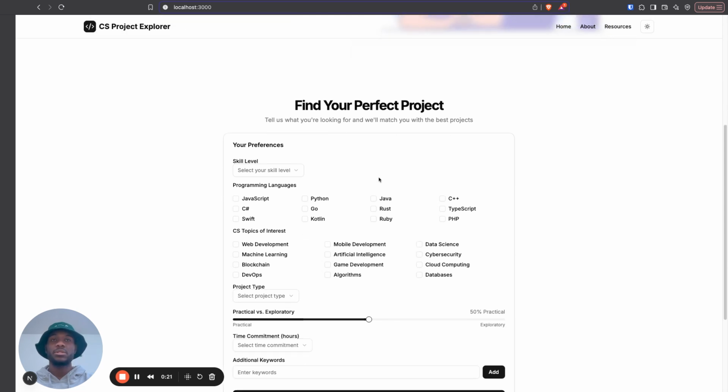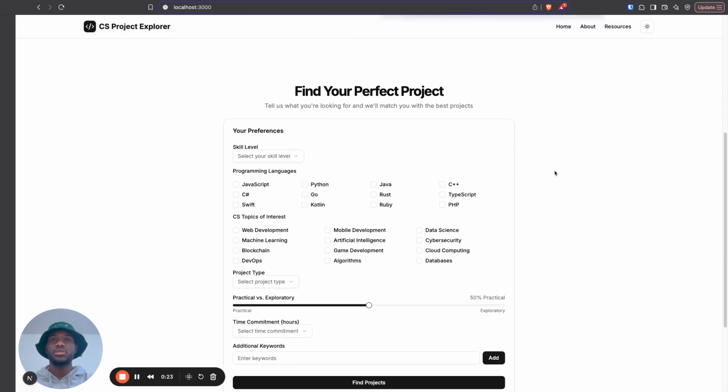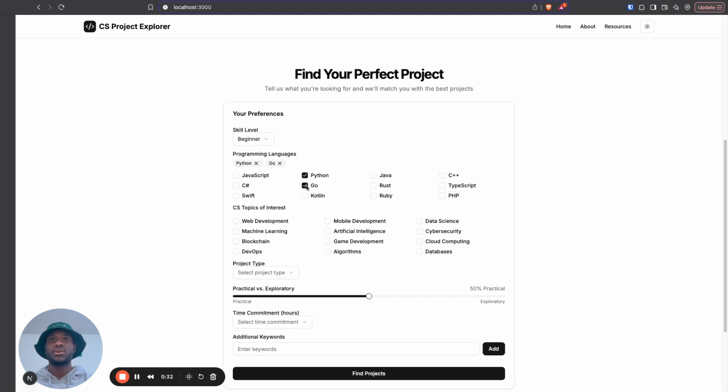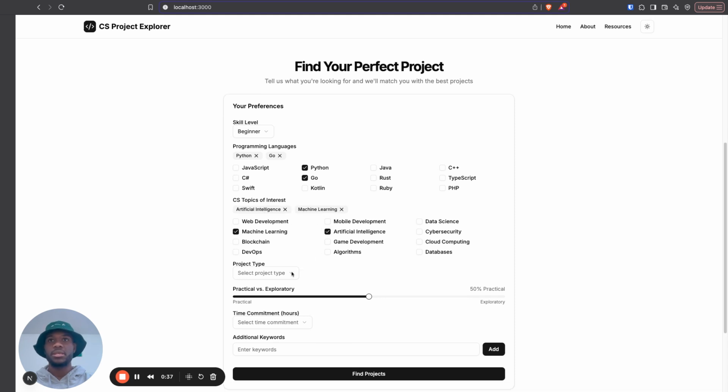What I basically did was I used the GitHub API to be able to recommend projects to people, right? So what you first do here is you enter a skill level, which is all arbitrary. Honestly, I haven't really thought much about all this, but yeah, you select basically the topic, you enter what kind of thing you want. Experimental is like research kind of thing. Open source, you want to contribute. Independent is what you want to do for yourself. Practical versus exploratory is like do you want it more for fun or just to explore stuff, or more practical, you actually want to use it.